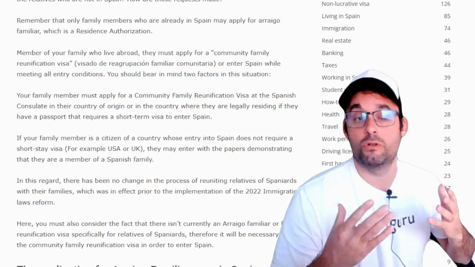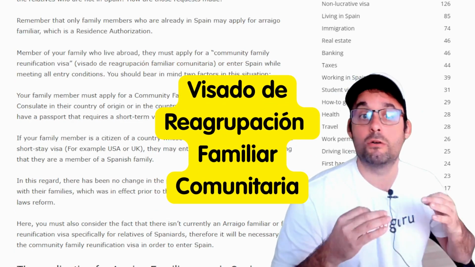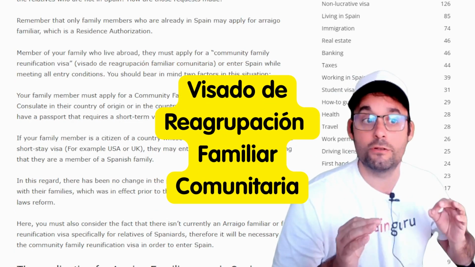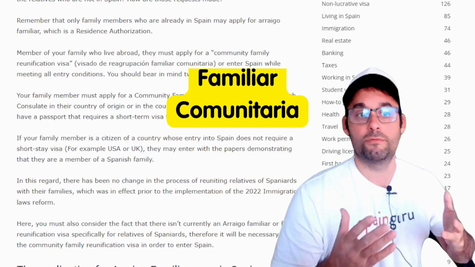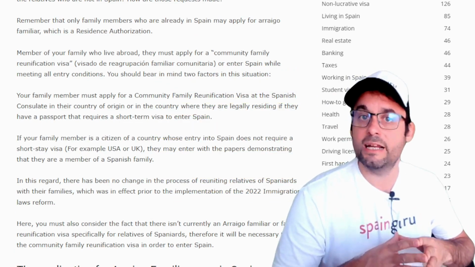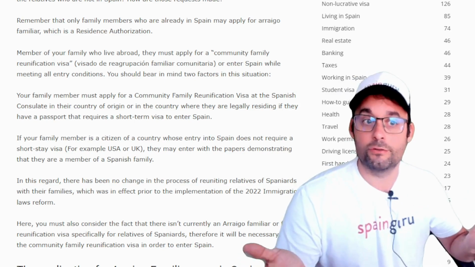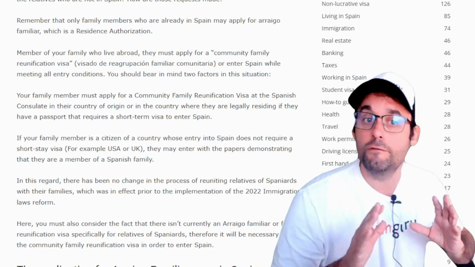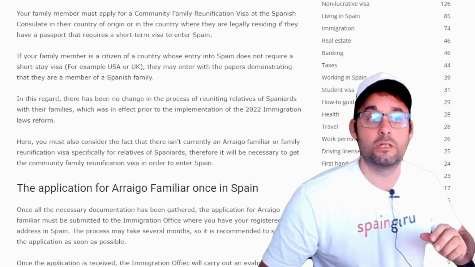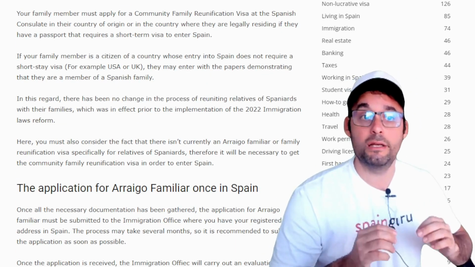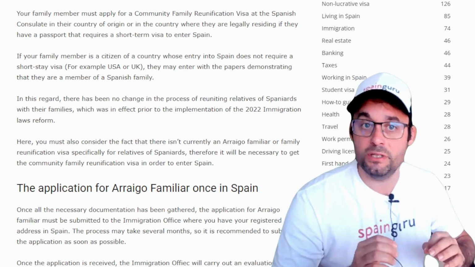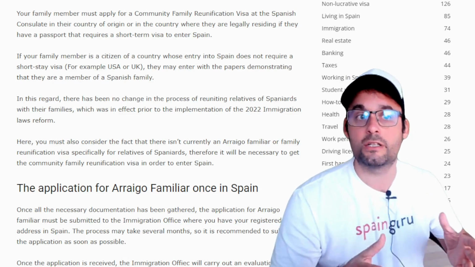Members of your family who live abroad must apply for a community family reunification visa first, or visado de reagrupación familiar comunitaria, or enter Spain while meeting all entry conditions. You should bear in mind two factors in this situation. Your family member must apply for a community family reunification visa at the Spanish consulate in their country of origin